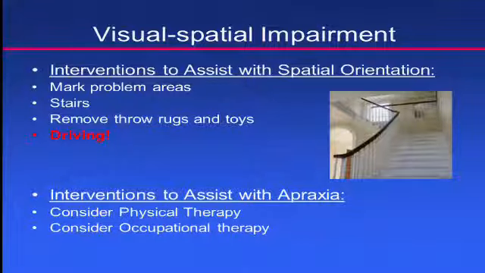So what are the things you can do to address these challenges? When it comes to the difficulty with spatial orientation, just try to mark problem areas. Using a bright tape is a great tool. For example, stairs are a dangerous place to be. It's really very important to make sure that your loved one is aware of where stairs are. So try to mark the stairs with the bright tape. It would also be helpful to apply the tape along the banister as well. It can help your loved one to orient themselves better in the space.